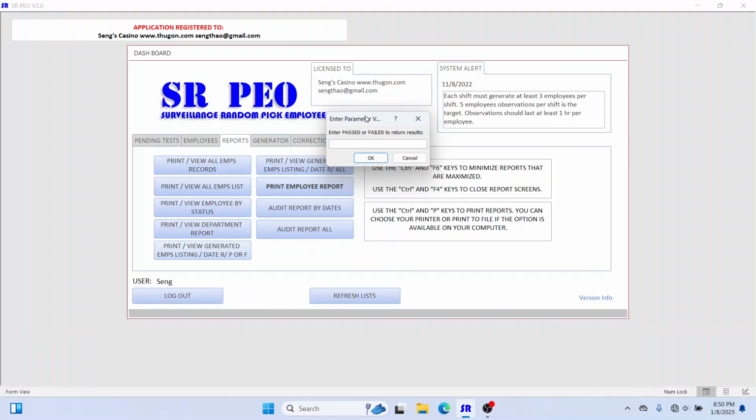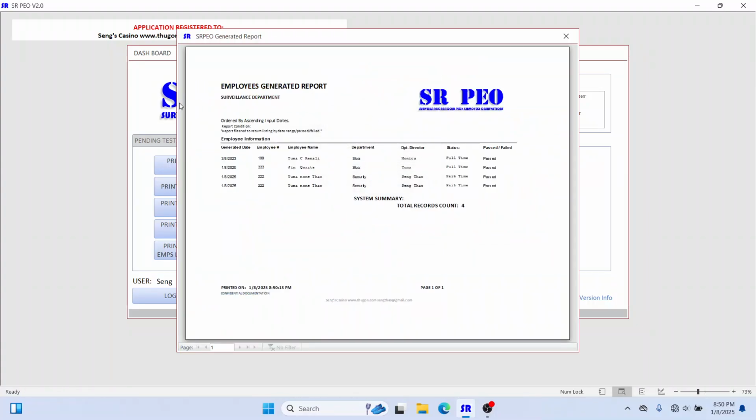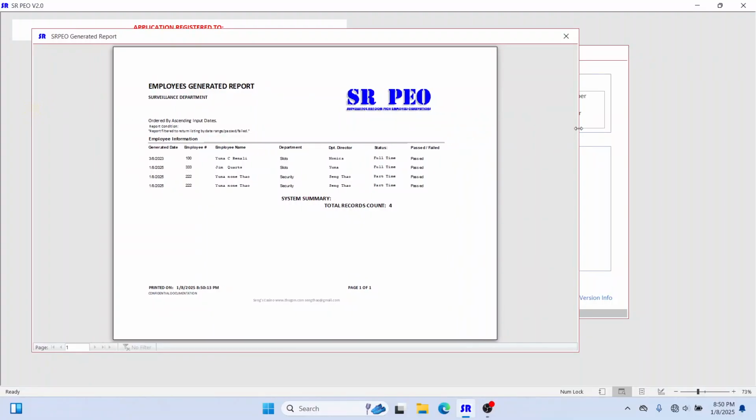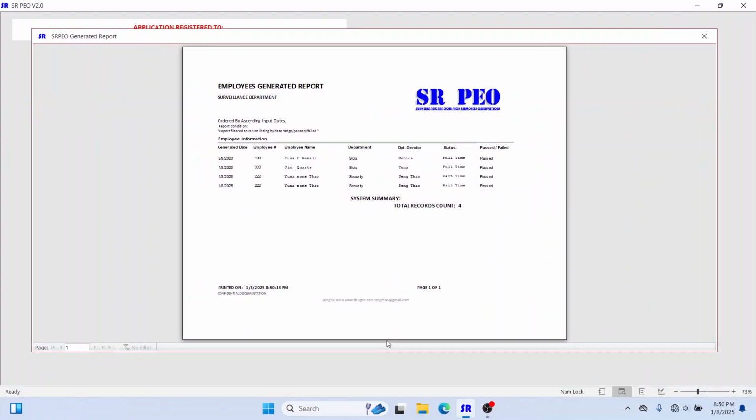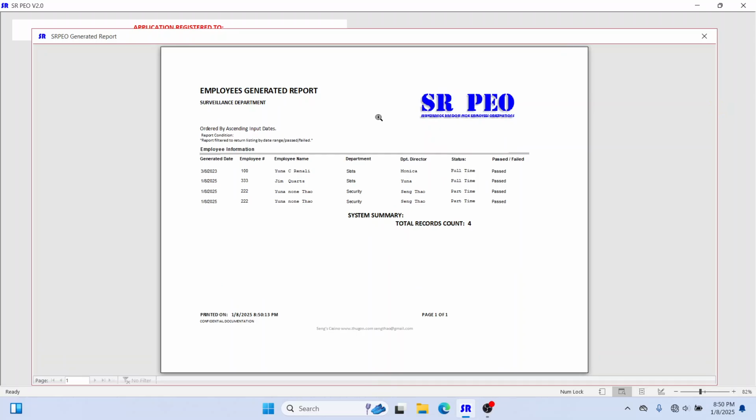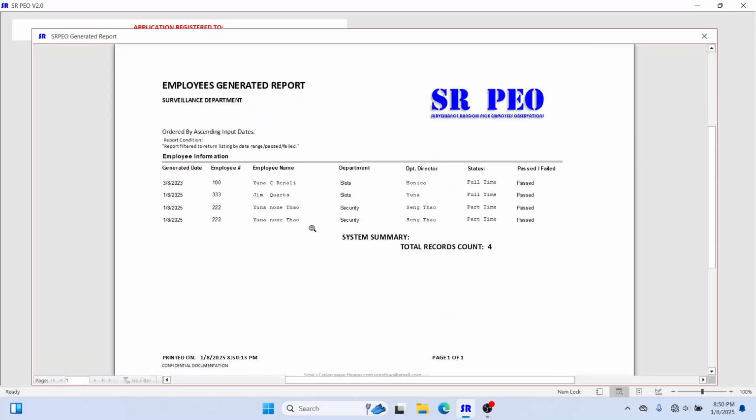Pass or fail. I want all the ones that passed only, and it'll give you these reports here. Make this a little bigger so you can see it on your screen. As you can see, based on the date range that I set, it'll kick out these reports for me, filtered by date range, passed or failed. You can see everybody passed, or if there's a fail, you can run a fail report as well,